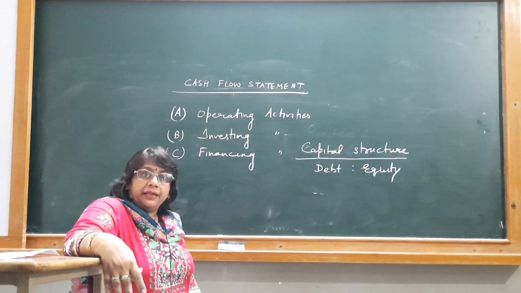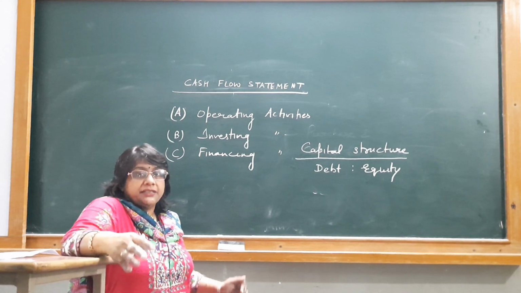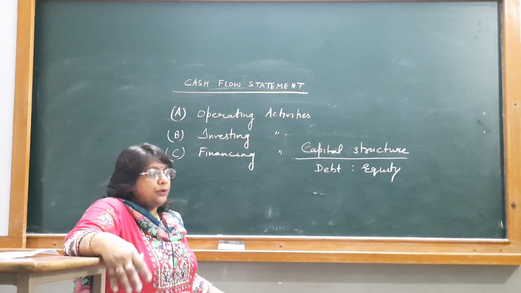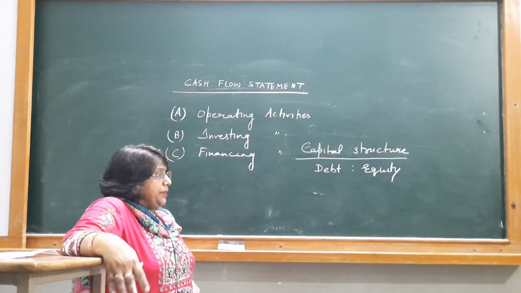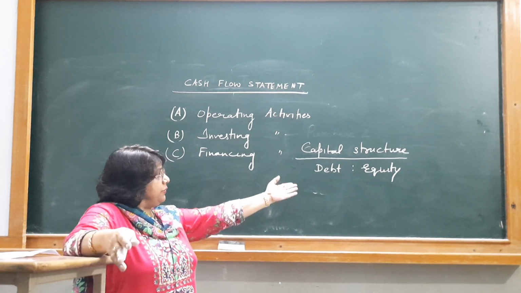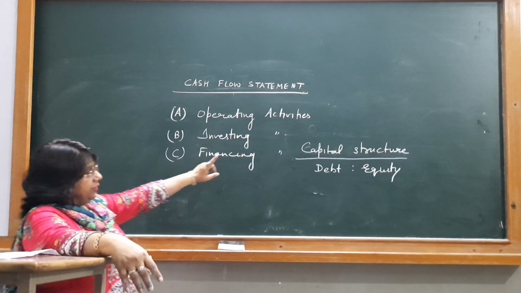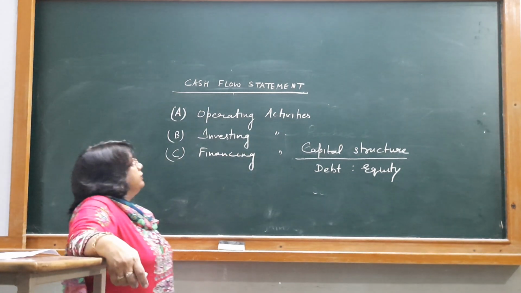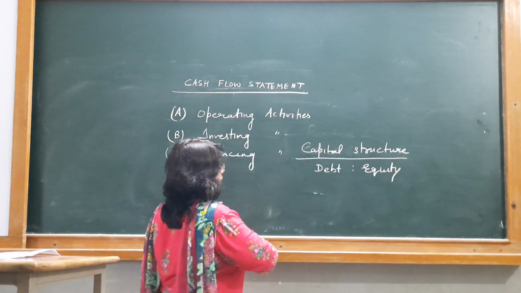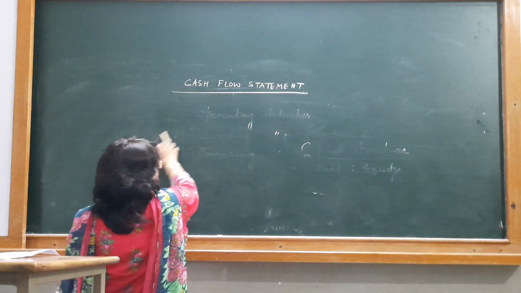Second example you can take, redemption of preference shares. Redemption means repayment. So, whatever preference shares you issued earlier, now you are repaying them, which means cash is going out. So, this is also changing your ratio of debt and equity. So, this will be considered as an outflow in the cash flow statement. So, the main and first thing to be understood by you, have clarity about it.